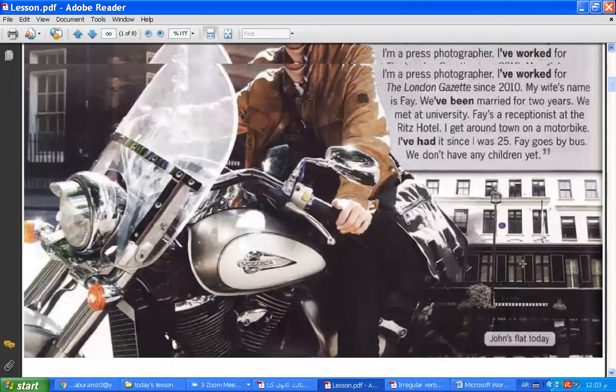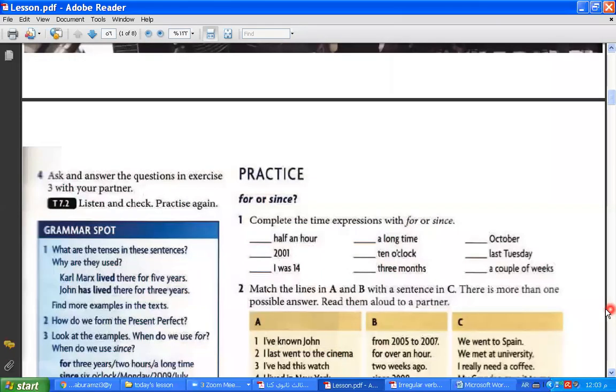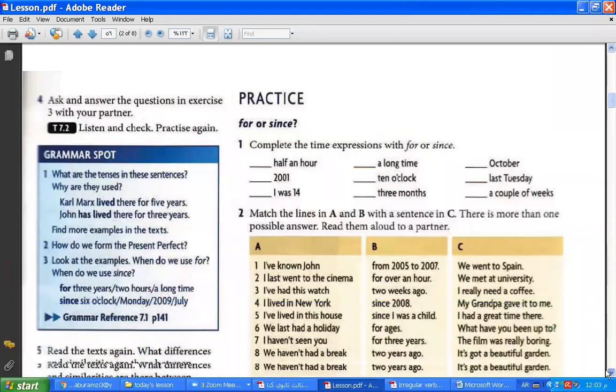Maybe in this house. This is his apartment. Yes, but before that...